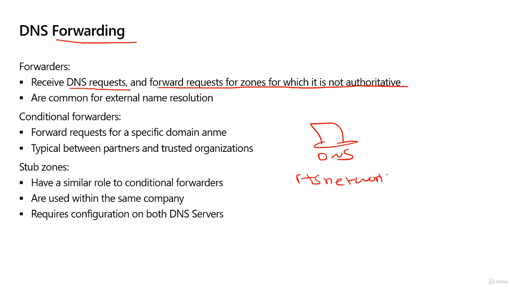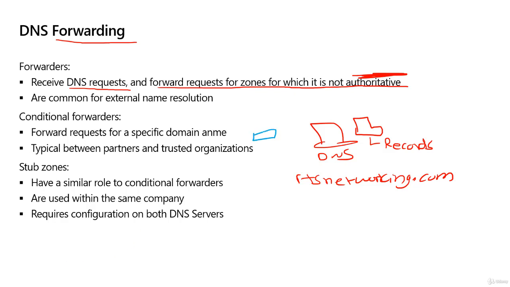rtsnetworking.com, that means my DNS server is going to have a zone for RTS networking, and in that zone, it's going to have all the records for RTS networking. So they will live locally on that server. That means this DNS server is authoritative for RTS networking. It actually stores the records. Where a forwarder comes in,